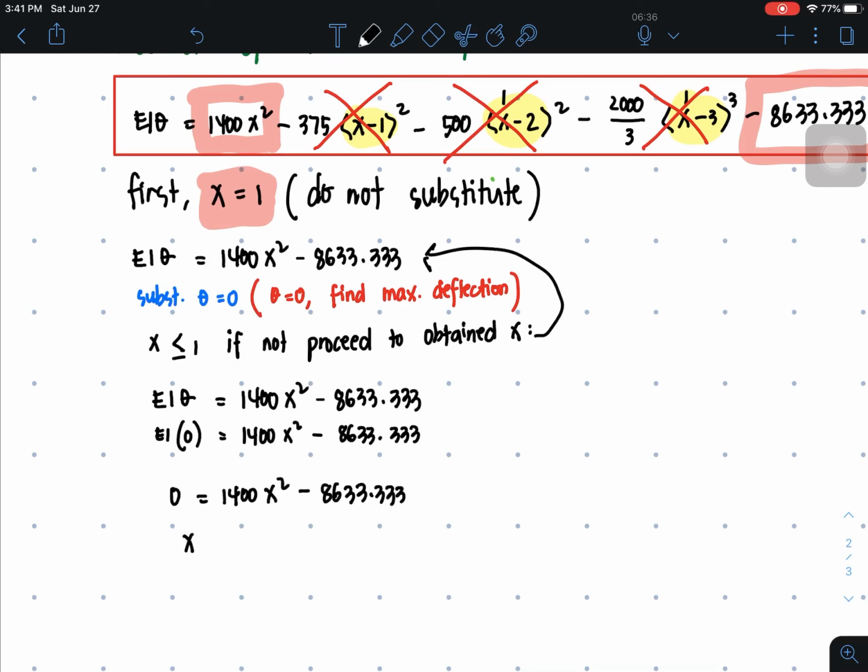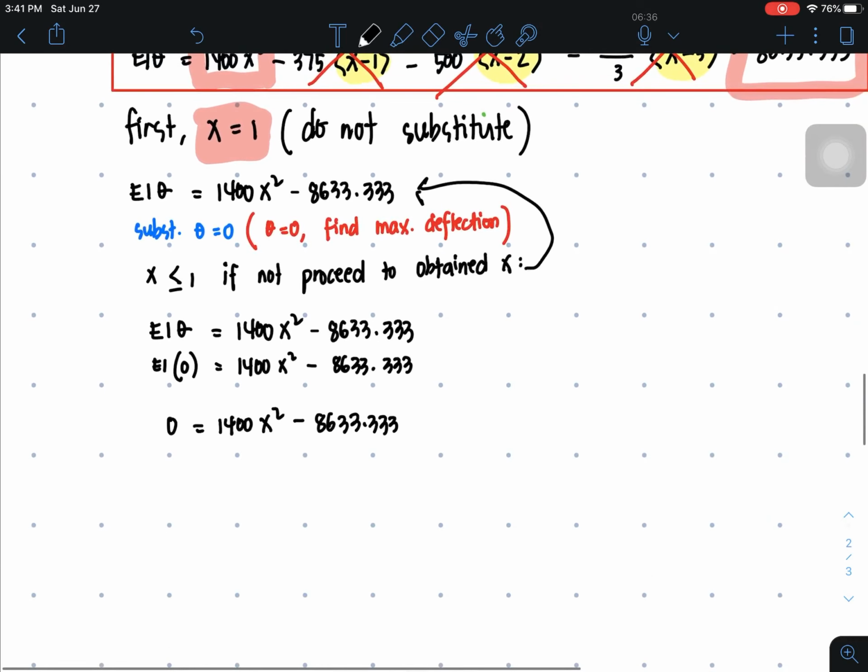So x di is equal to, ato ni siyang i-transpose to the other side para ma-positive. So, it's going to be 1400 x squared equal to 8633.333. So, x is pila. It's 8633.333 divided by 1400. Then, you get the square root. So, it's 2.483